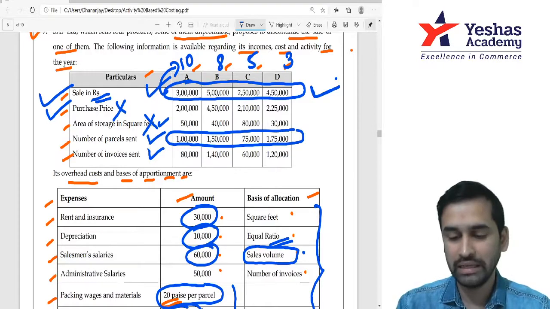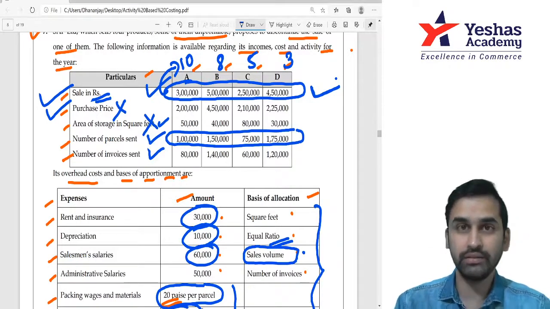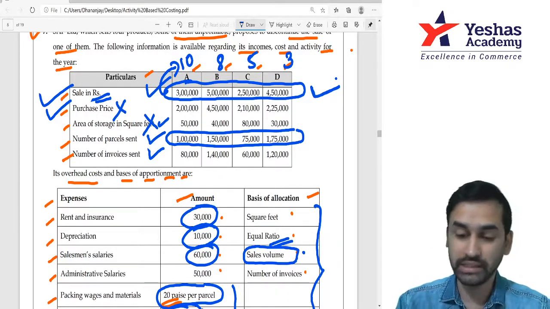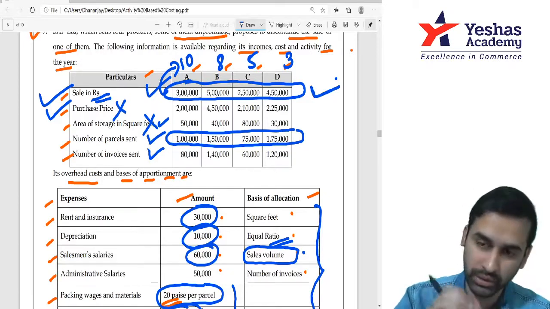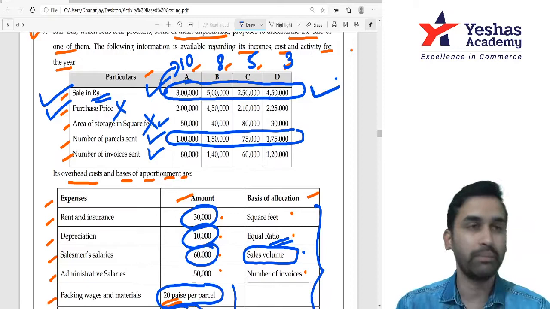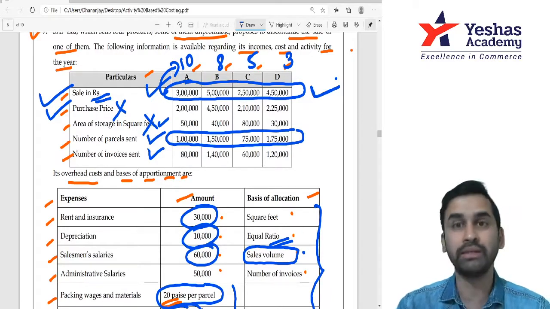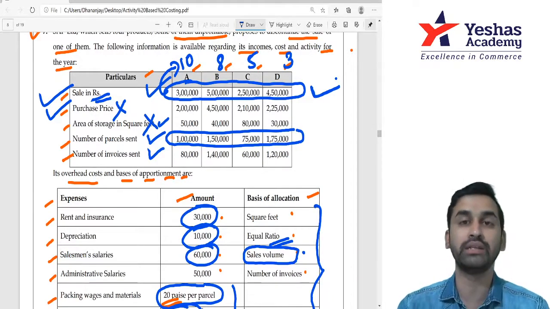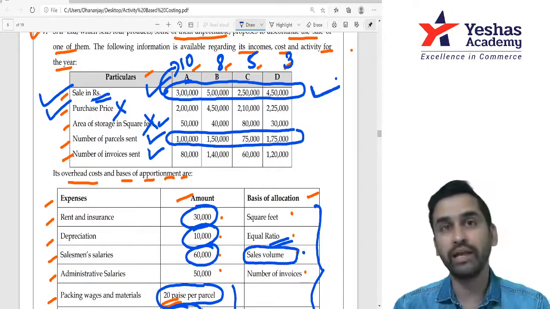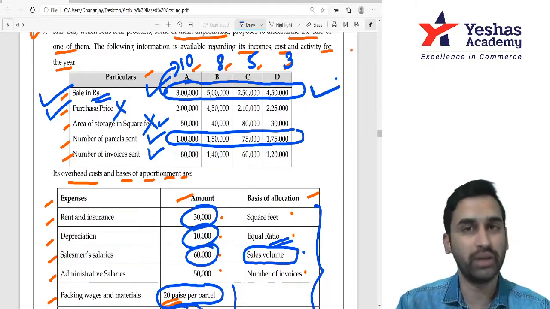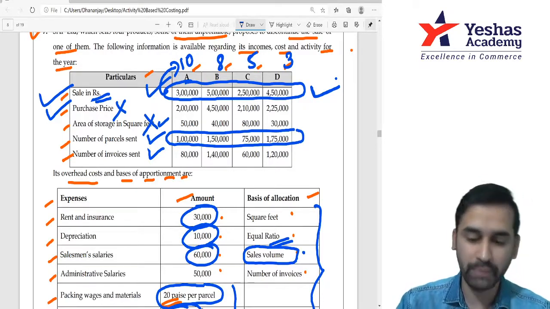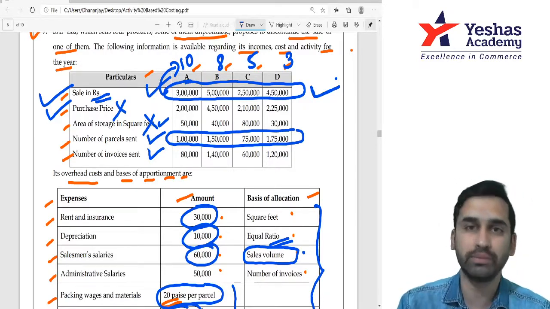So that is the easily digestible one according to me. I know that that is not 100% correct. I know some students will have this doubt. They may say, sir, I think parcel is a better basis. I can't accept your argument that sales in rupees is a better basis. I gave you the reason also. It may so happen that in one parcel 10 units may go. Correct? It may so happen that in one invoice 5 items may be sold.